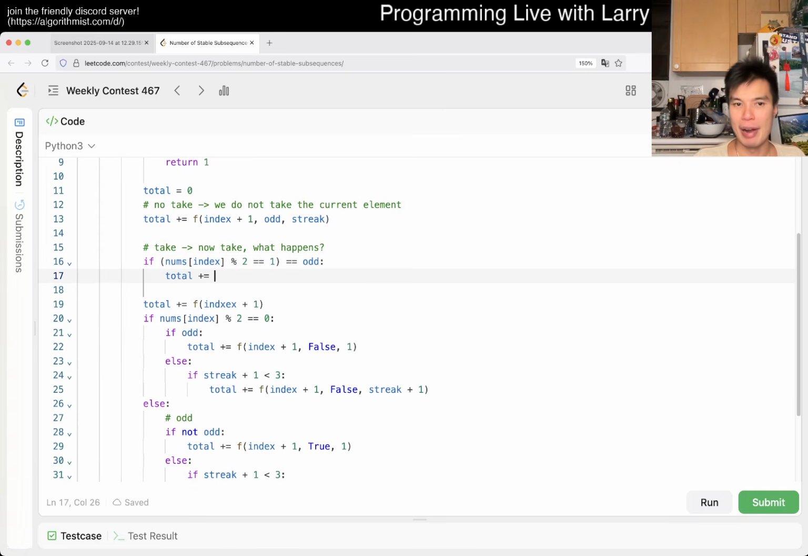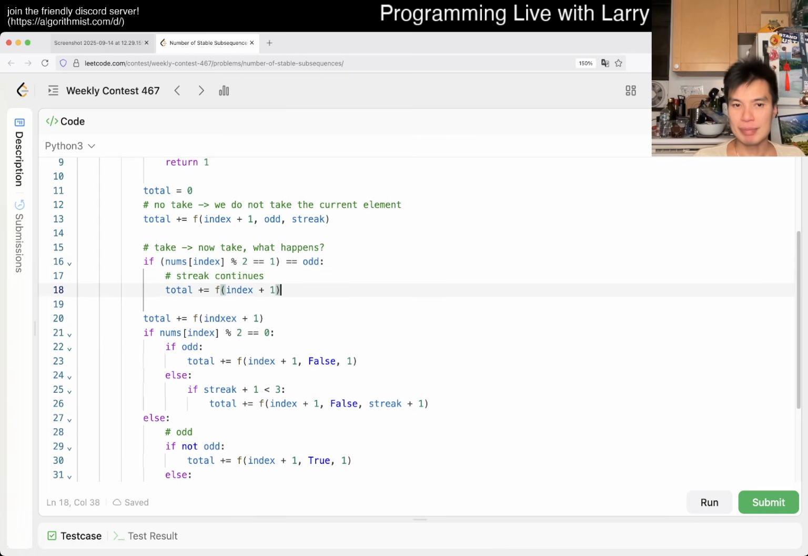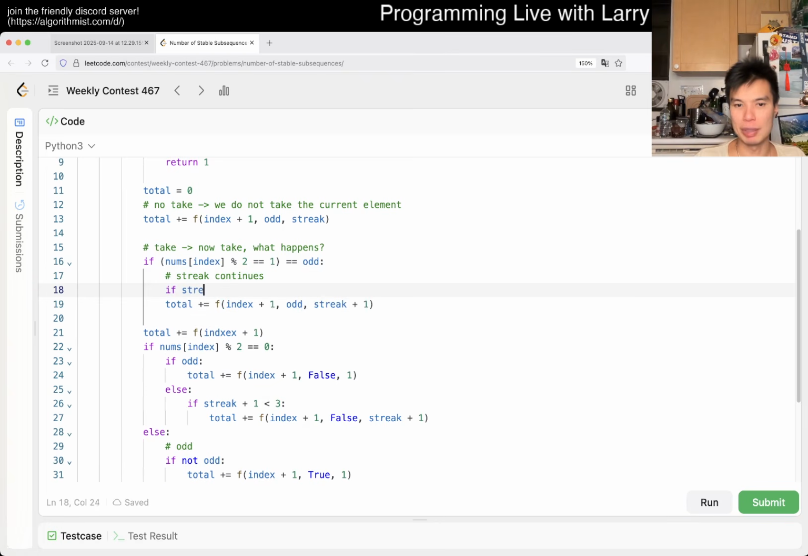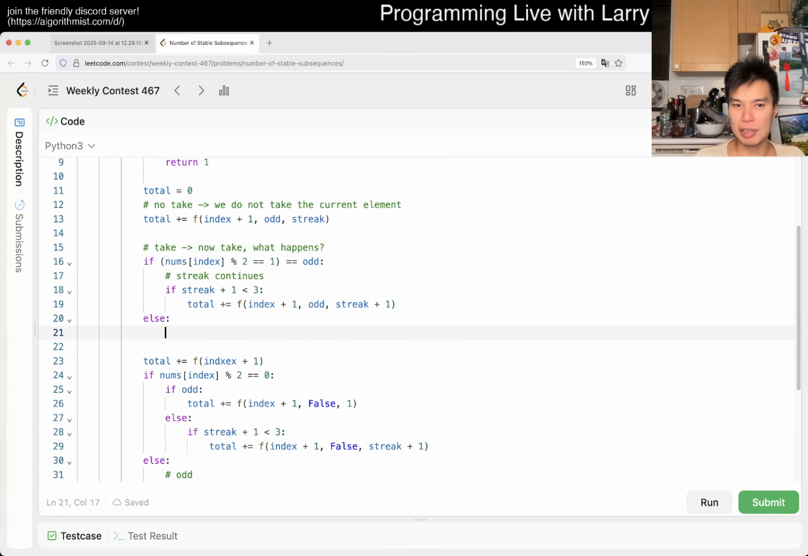So then the streak continues, right? You can write something like this: odd and then streak plus 1, assuming that streak plus 1 is less than 3. And then otherwise, new streak, then write it. And then this is now